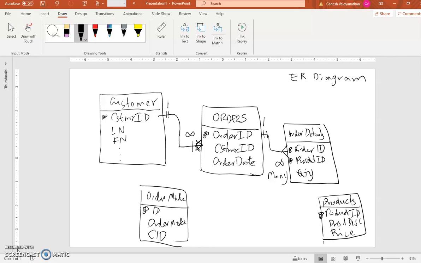What I would do is to look at it from a logical standpoint. The logical standpoint is this. Each product can have many product IDs in order details. The reason being, if I buy this product orange, I can buy 10 today. But tomorrow, the same day, I can go back and then I can buy 20 more. Or the next day, I can buy 30 more, right? So each product will have multiple quantities. That is the reason I'm going to go with this to this product ID, not the other way around. And again, I'm going to use the same thing. The crow's feet, and we are done. For the order mode, I have customer ID and I have a CID here. So I'm going to use